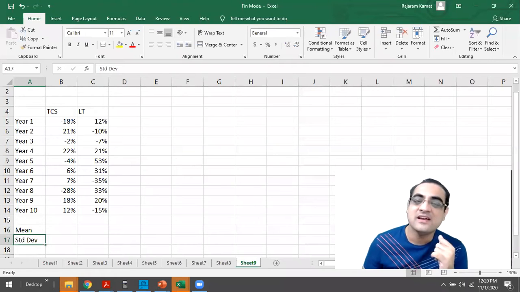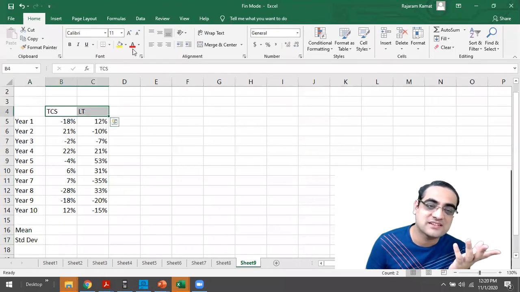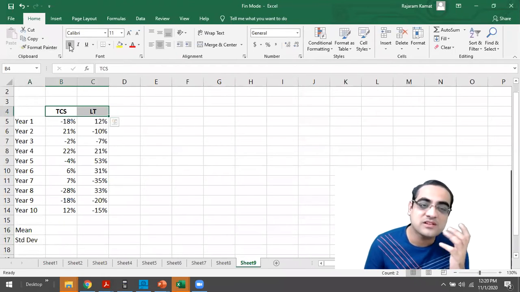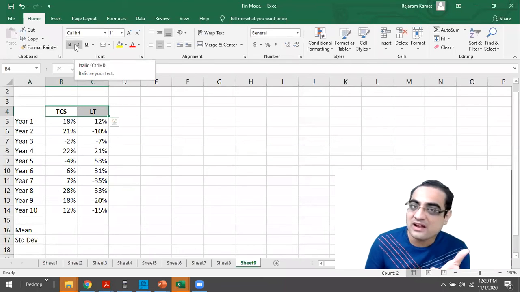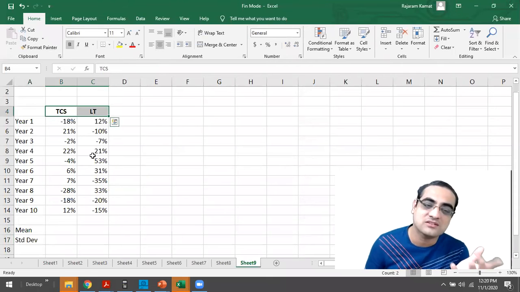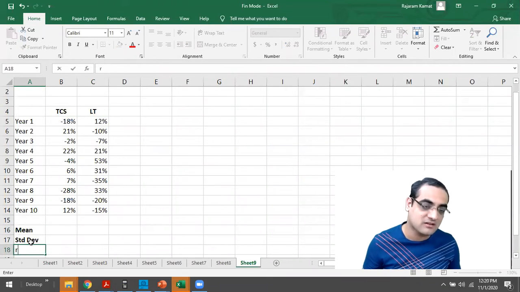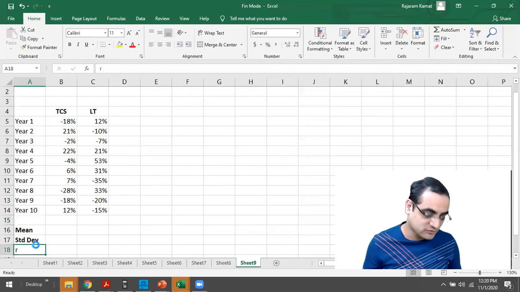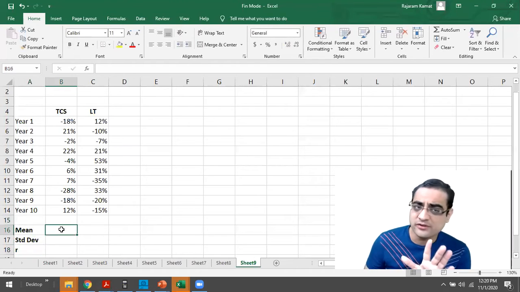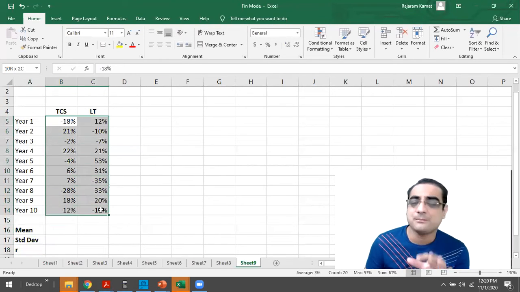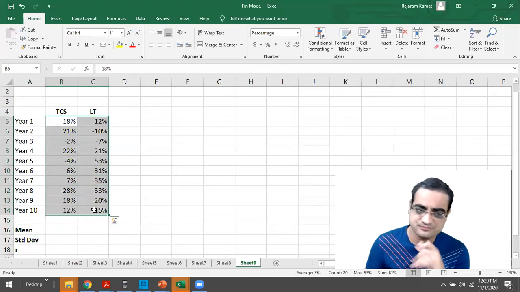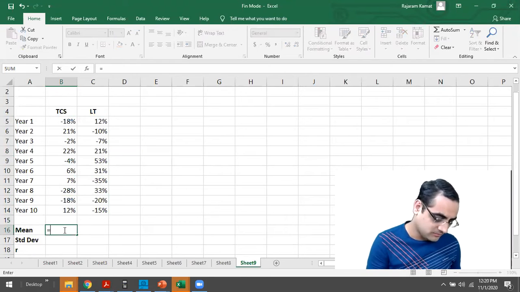Obviously, when you have two stocks like this, TCS and LNT, you want to know the correlation between them. Aryan, you were right about the risk-free asset, but that's later on. Right now, apart from their mean and the standard deviation, the third thing we'll be looking for is R. As I told you, you will assume any data as a sample of data, not as a population. So let's calculate the mean.